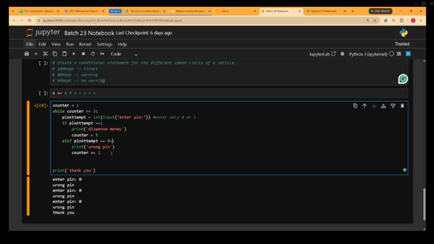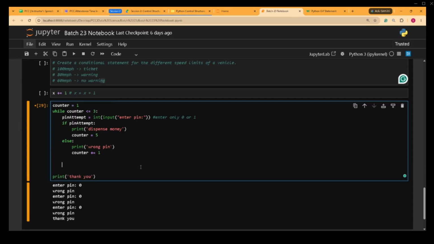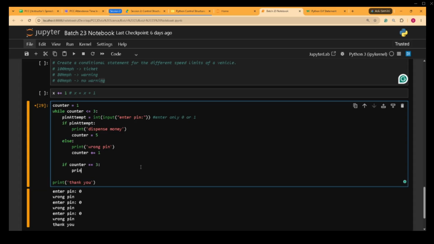Wait, I think there's no need for this. Wrong pin. I think there should just be another check here, another if counter is, right, equal to 3, it will print out